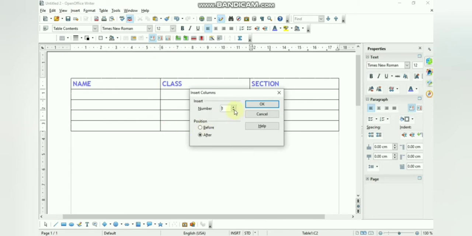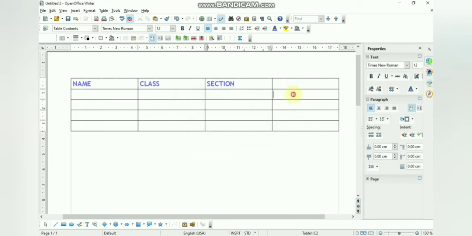Same way you can right click also, and you can go to the table command over there, and from there you can click on insert rows or columns. Accordingly you can specify the number of rows and columns you want. Just click on OK, and you will find a new row has been inserted. So let us give the name as school over here, the field name as school.